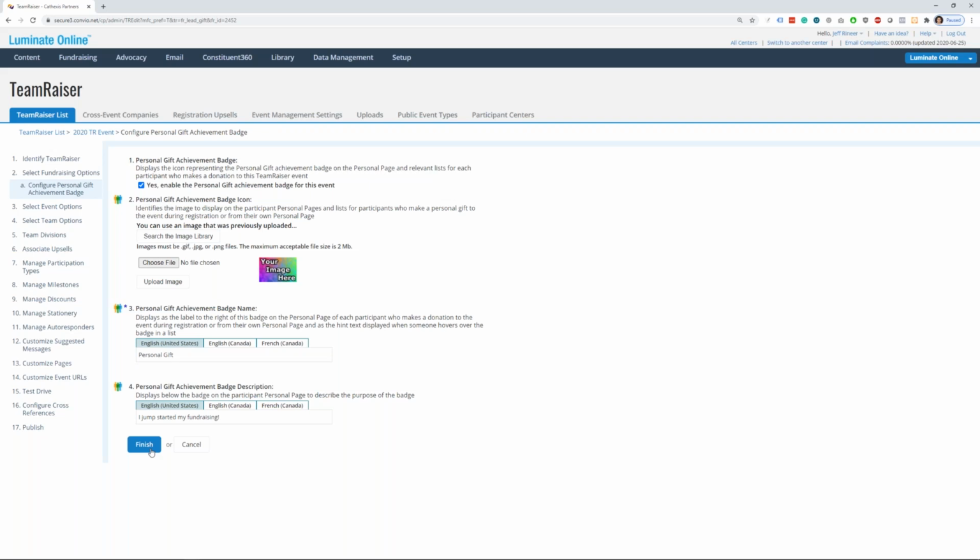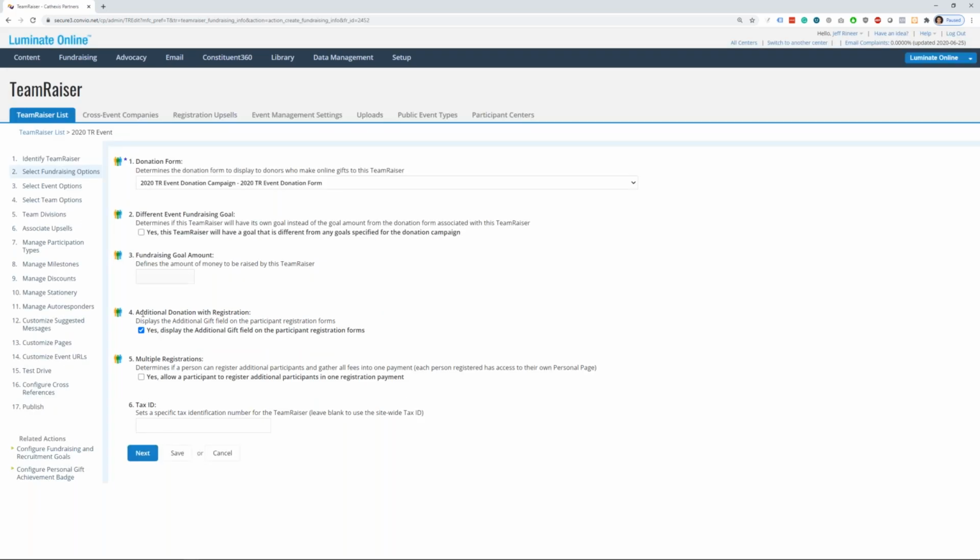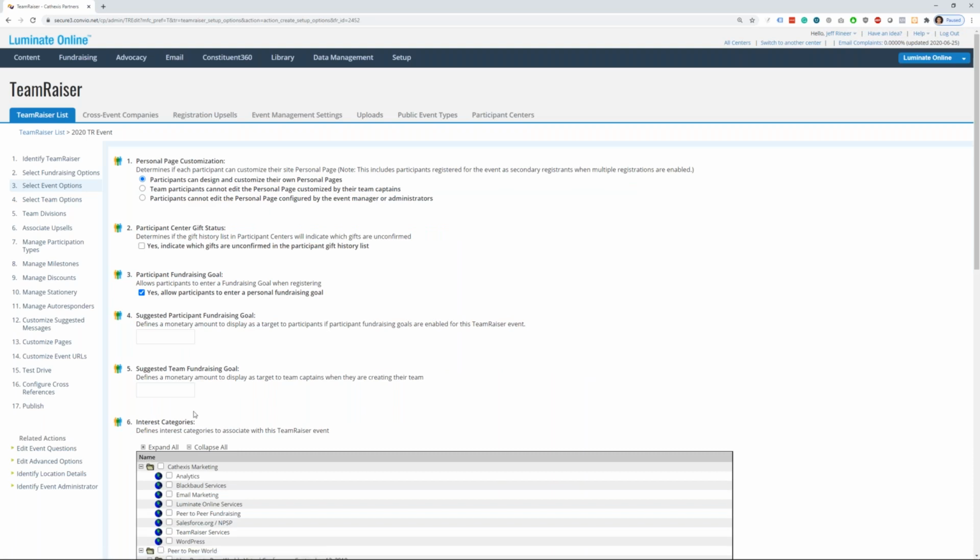So once I've assigned or configured the personal gift achievement badge, I click Finish, and it brings me back to step 2, select fundraising options. So let's go ahead. I clicked on the additional action without saving my custom goal, so I lost that. So now that I've re-entered that, I'm going to click Save. So now I can either navigate with the left-hand side or click Next. So I'm going to go ahead, in this case, I'm going to click Next and move on to step 3,